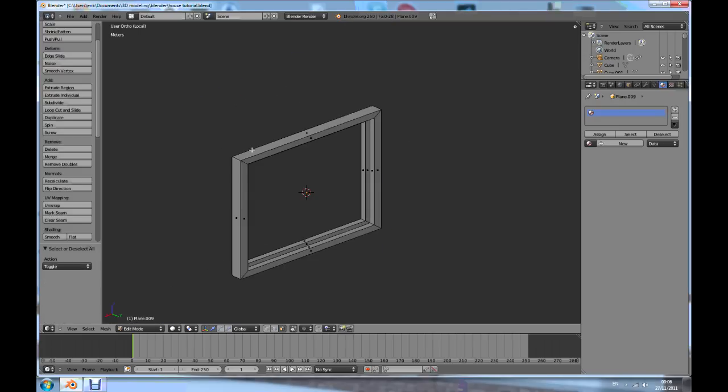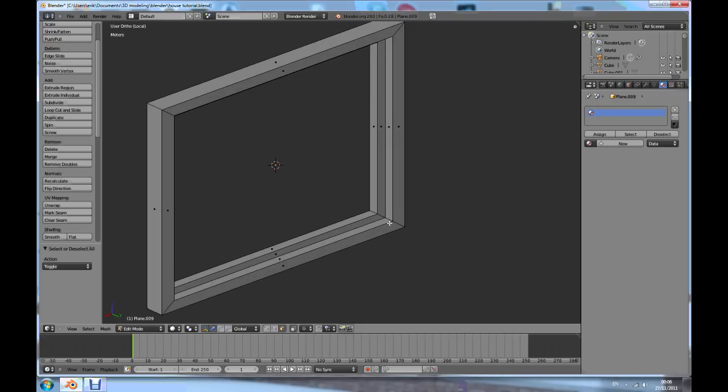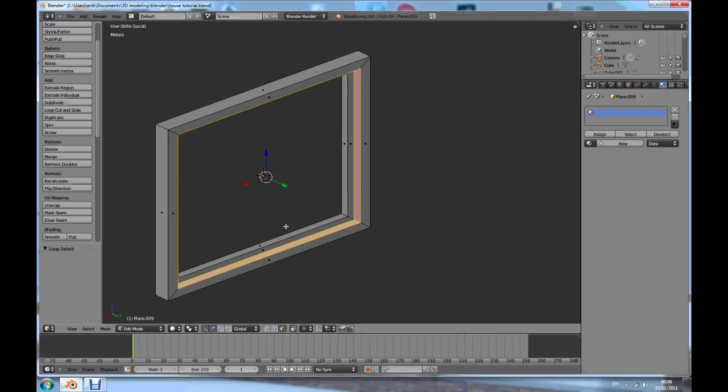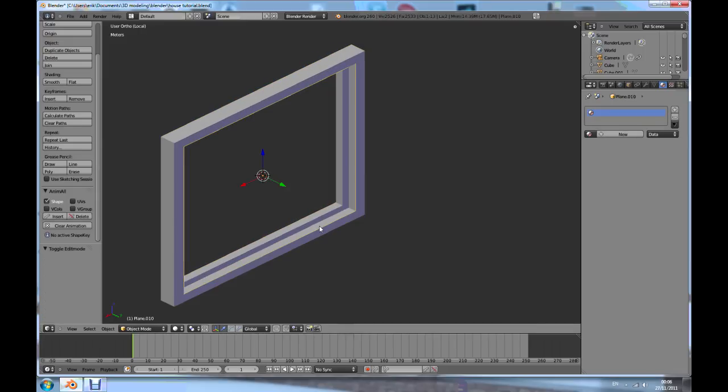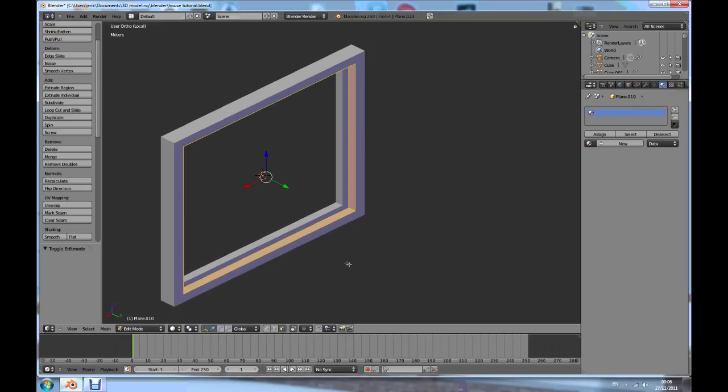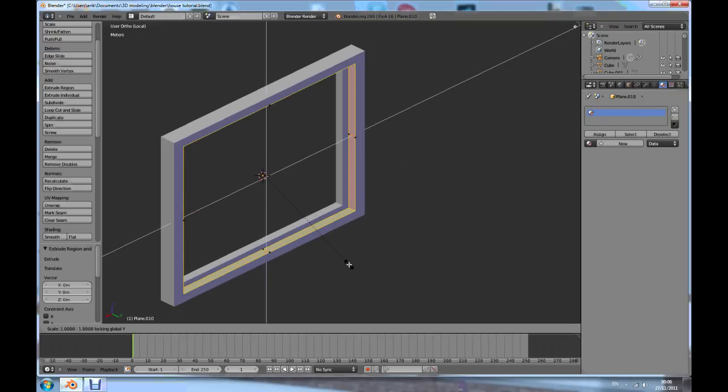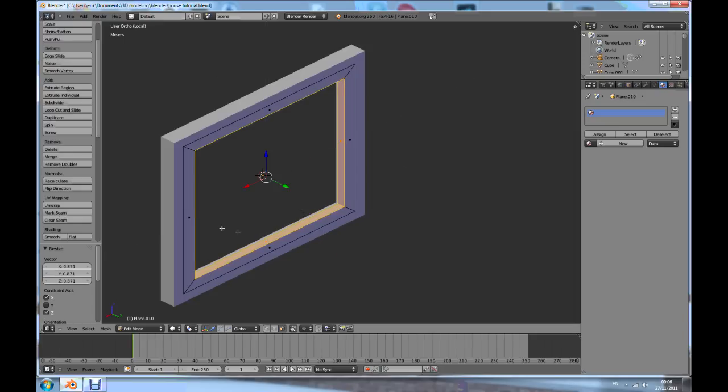Now we'll make the actual window. So hold down Alt and select this edge loop, press Shift D, P to separate selection, tab out of edit mode, select this one, back to edit mode, E to extrude, escape, scale, Shift Y, the same thing. Yeah,